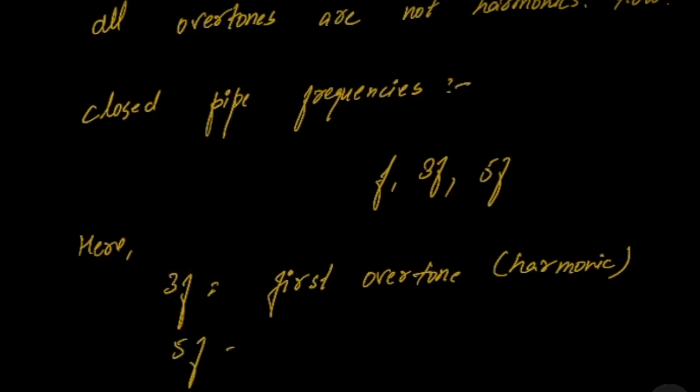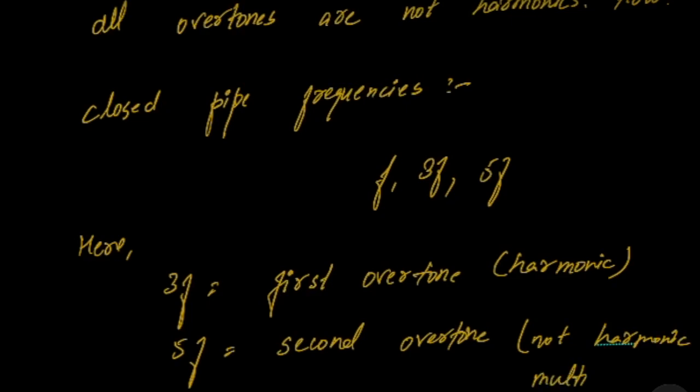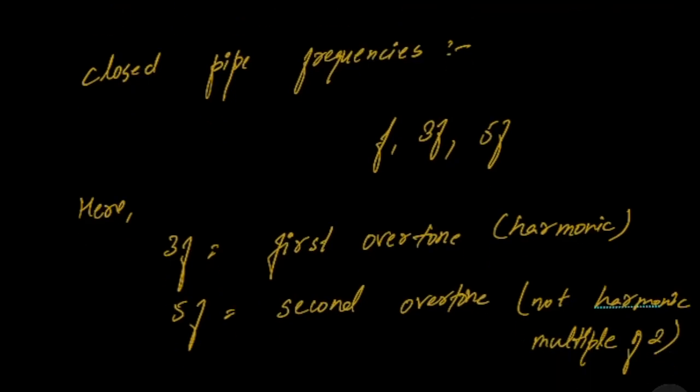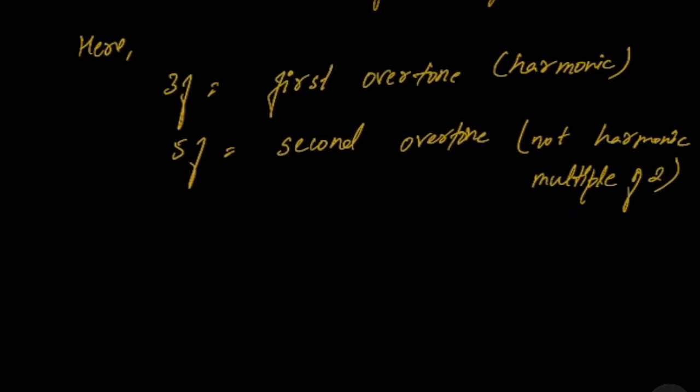And 5F is the second overtone, but it is not a harmonic. Multiple of 2, so that's why. Now next question is,